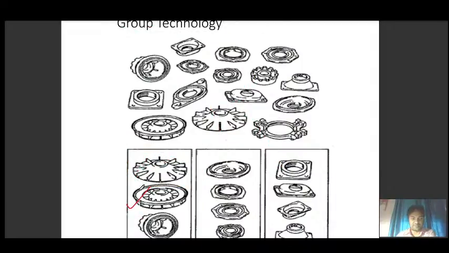We have this part, and now we have to make this part. So we can directly refer to this part because the design of this part is somewhat similar to this part. So we can recall the design of this part,